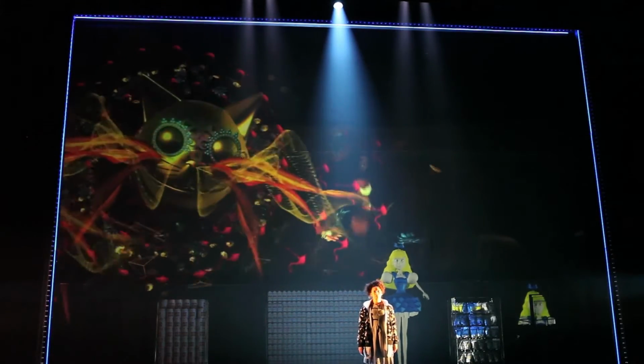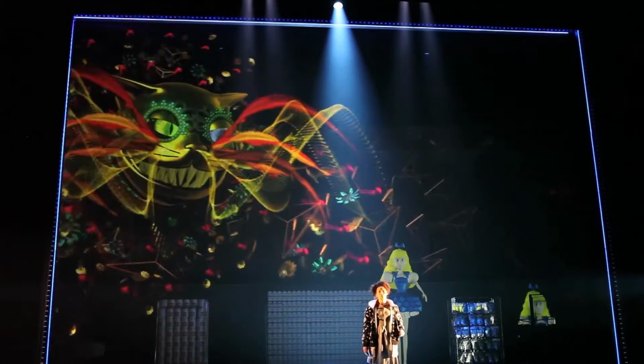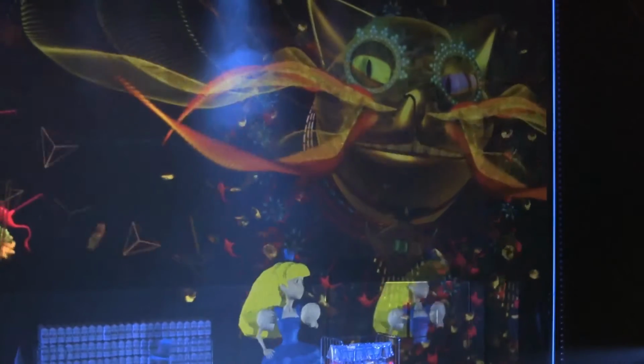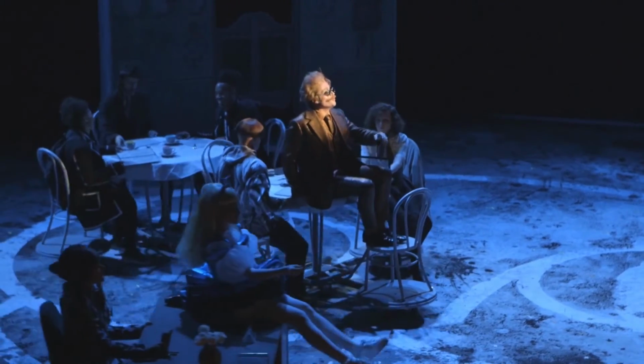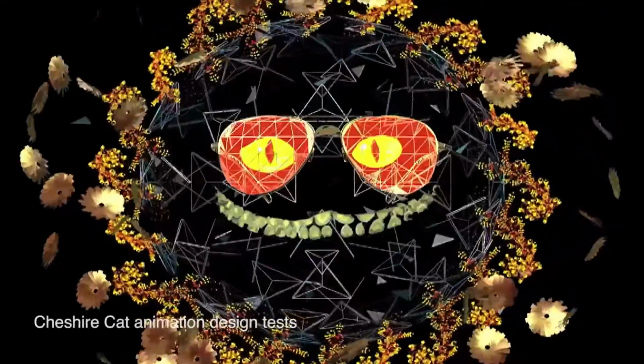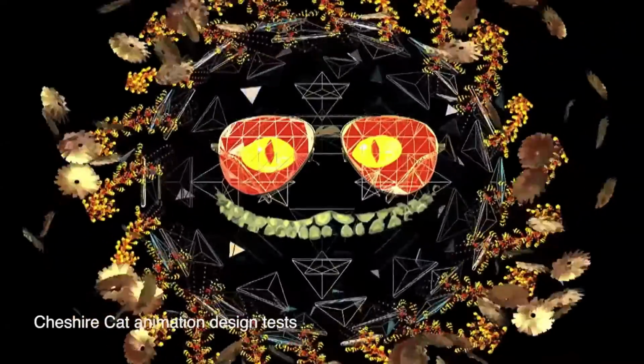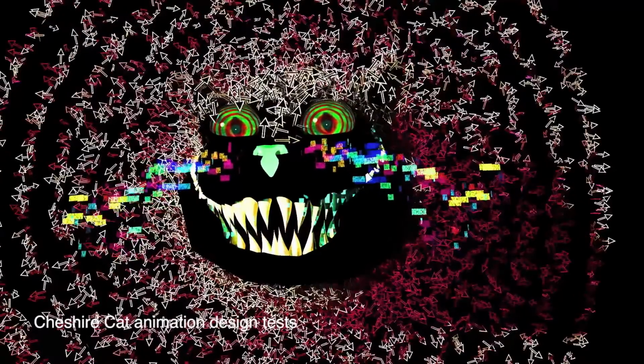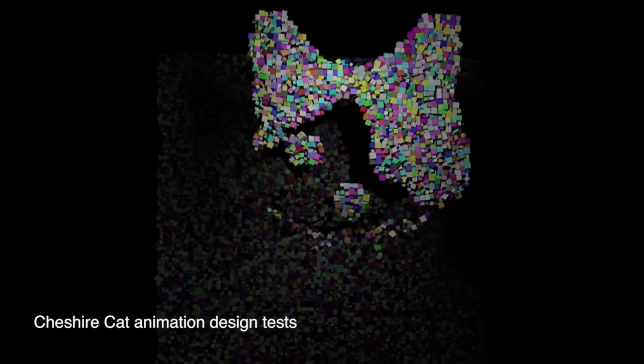The character of the Cheshire Cat is this interesting shape-shifting, omnipresent, godlike MC character, and there's a fluid transition between the actor playing him on stage and the projected cat. We started off with a classic Cheshire Cat look where you only ever see the eyes and the grin. On one hand, you want to make it recognizable, but you always want to create something which is new